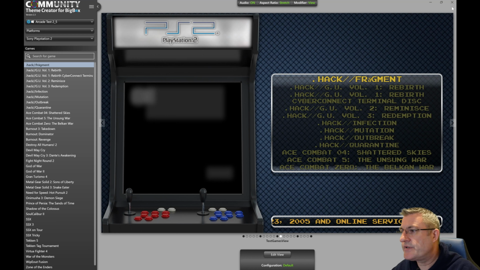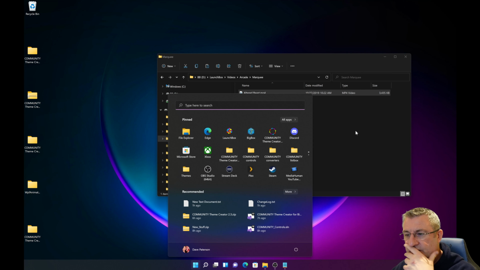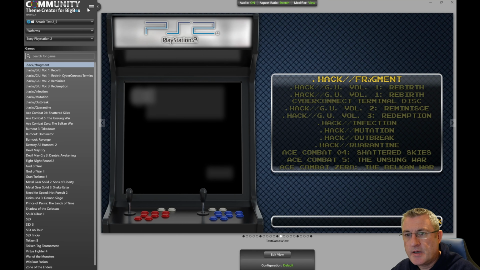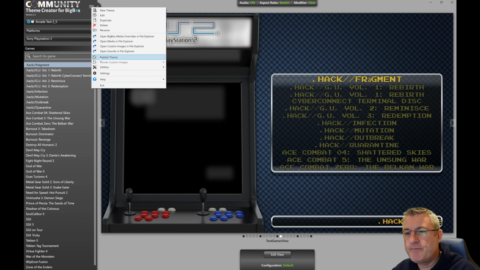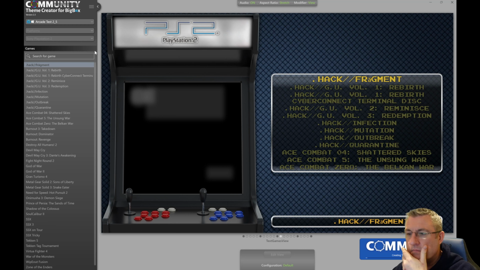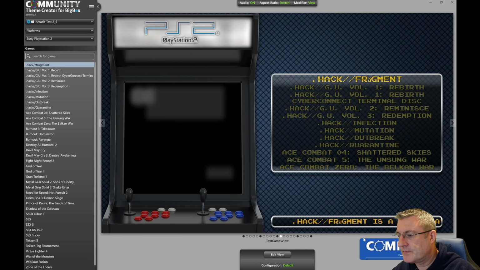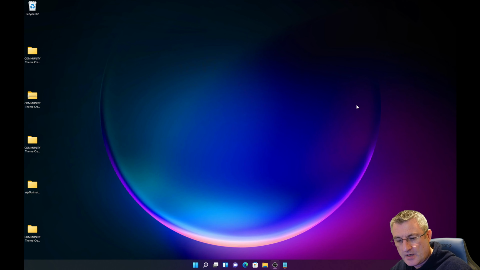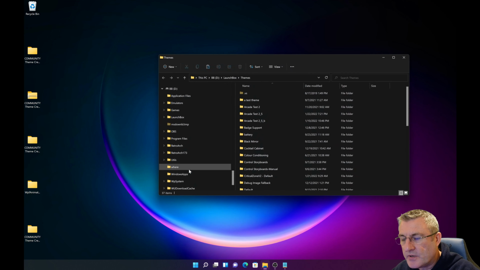Okay, so for example, if I publish this arcade theme, it's published. Let me just delete that video from the Marquee folder. I don't need that. If I go to my themes folder within BigBox,